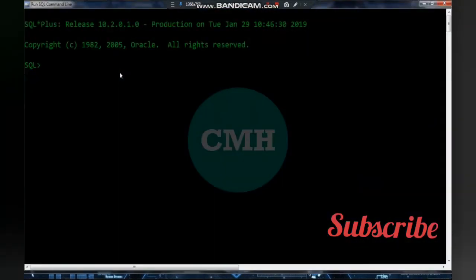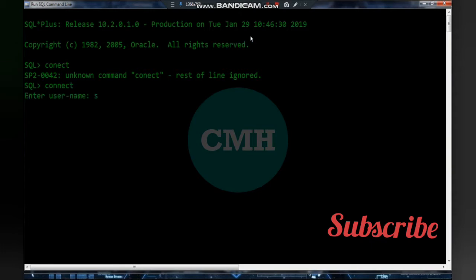So you first have to connect to the database. System. At present we are connected to the database. So let's start by creating a table. So, create table,